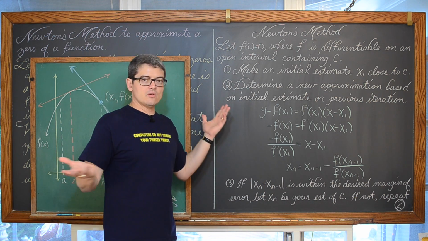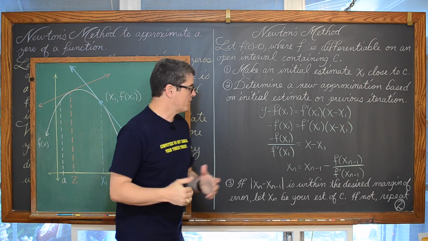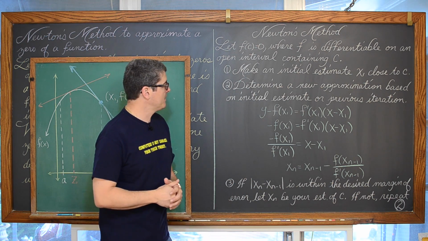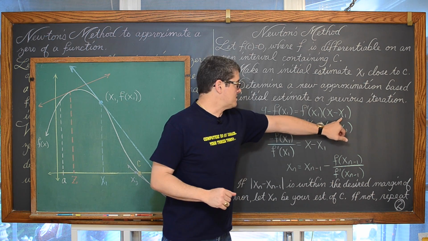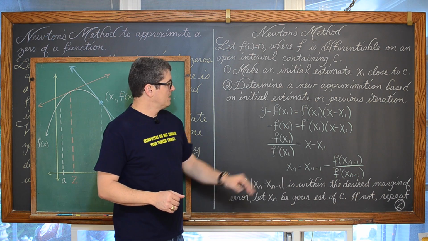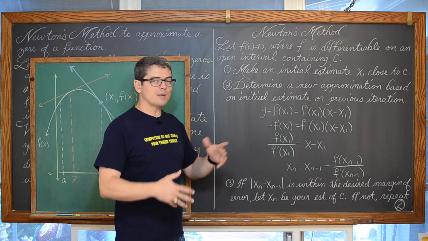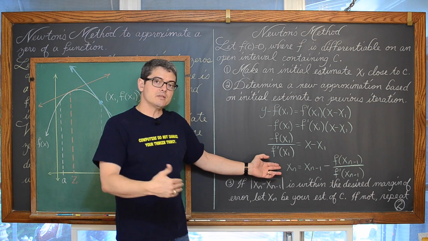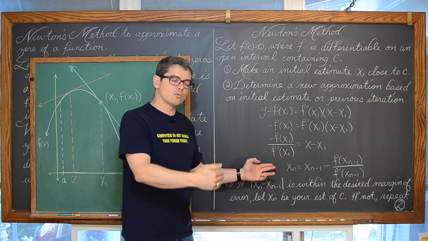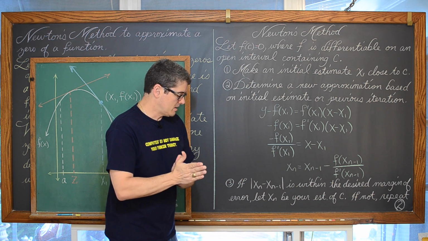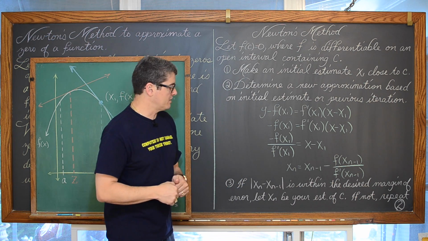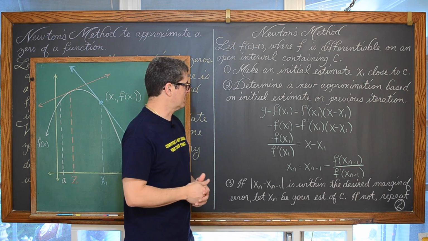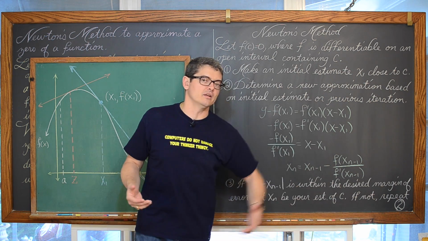So let's see here. How do you write the equation of a line? I just said it, sort of. Or that's what we're going to do. We have y minus y sub 1 equals m times x minus x sub 1, point slope form of a line. We have our initial guess of the 0 and the y value that comes from it. Now in the next line here, this formula is in your book. This is the formula for coming up with the iterations, or the list of estimations of the 0 that you're looking for that are getting closer and closer and closer, hopefully. It's just the formula in your book, but I want to show you where it comes from in case later on down the line you forget the formula.